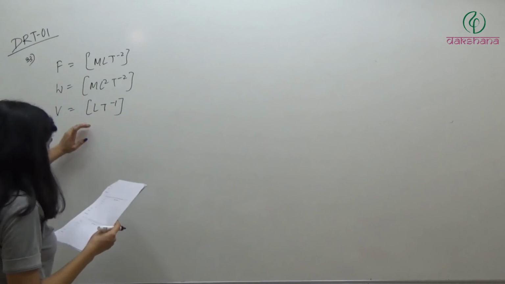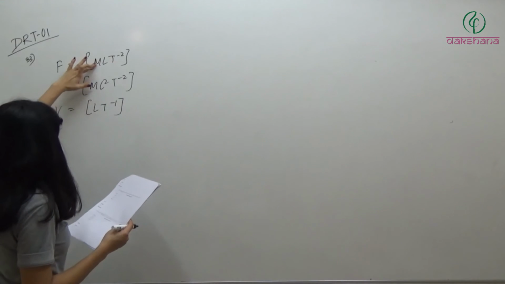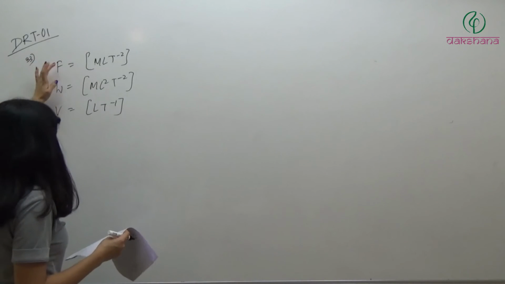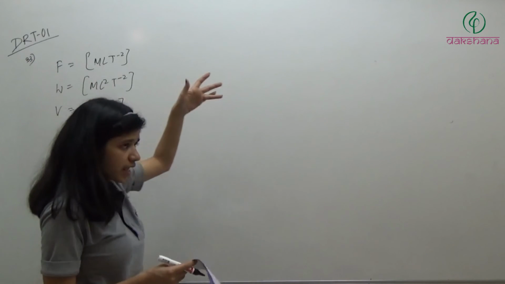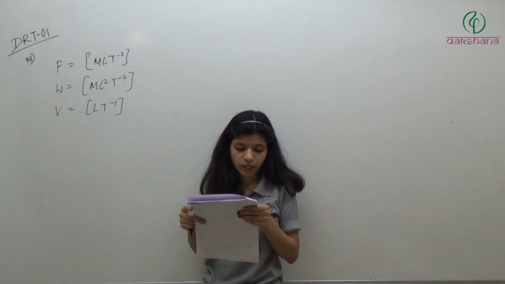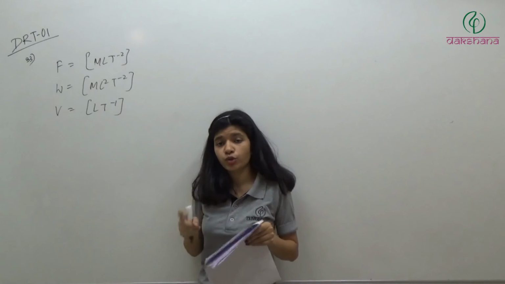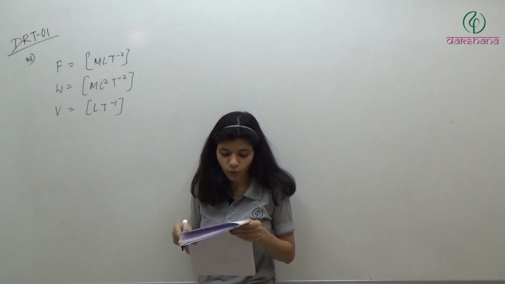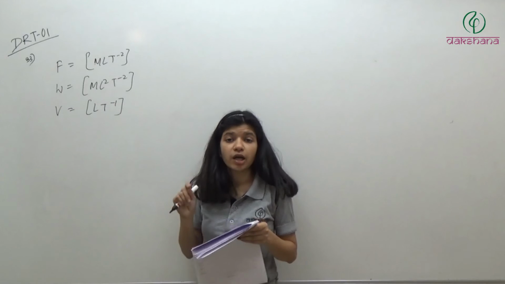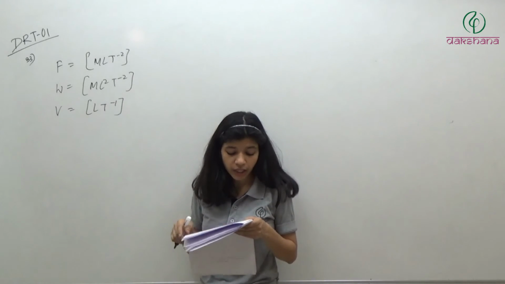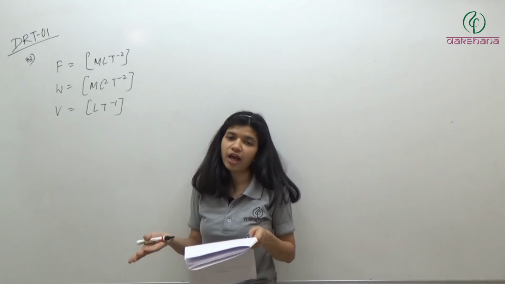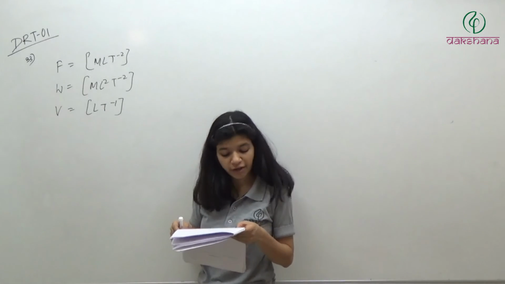Now here if we see, we have M, so we need to cancel this. So definitely they are going to be in reverse. If this has x as its power, then this will have minus x as its power. So the first option is not possible. W and F should have exactly opposite powers with opposite signs. The first option, W F V, is wrong. Second, W F V minus, wrong. Third, W minus 1, F minus 1, V minus 1, again wrong. So we have only the fourth option, W, F minus 1, V minus 1.